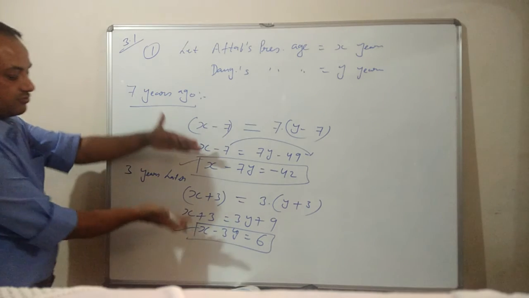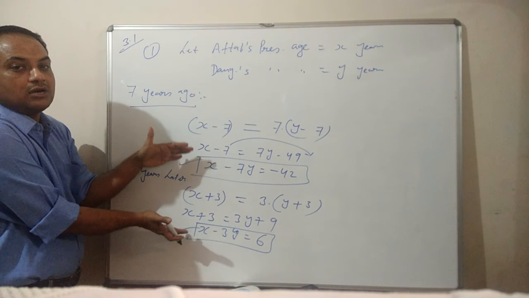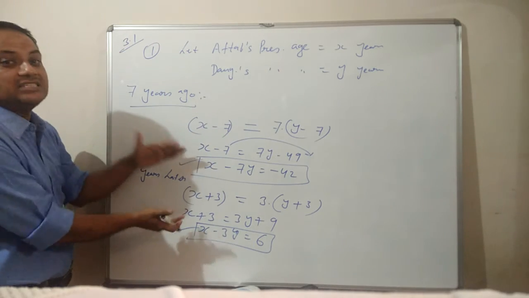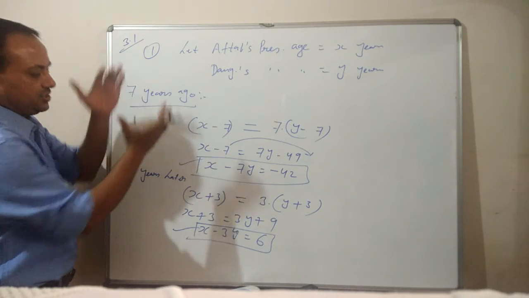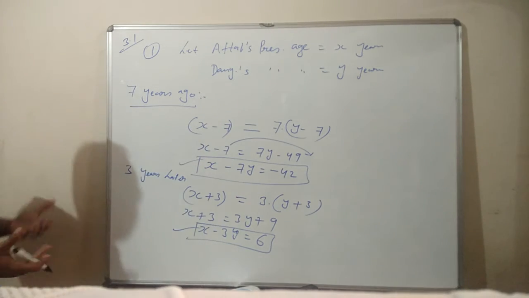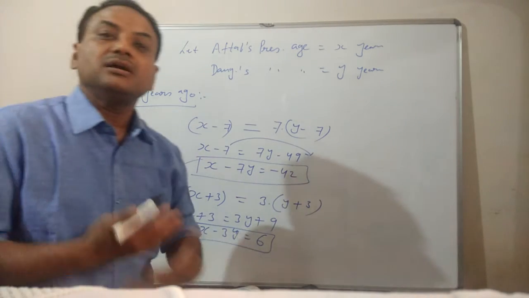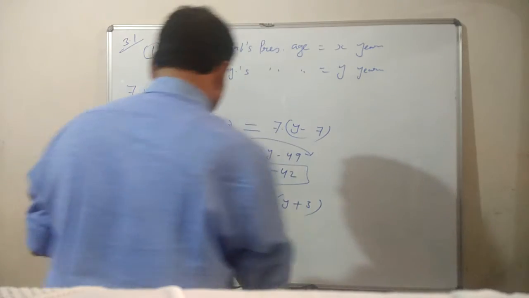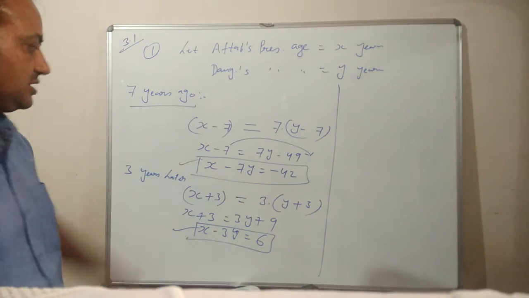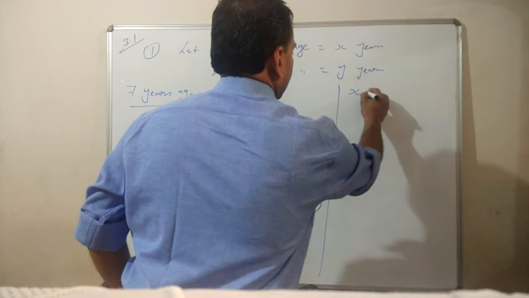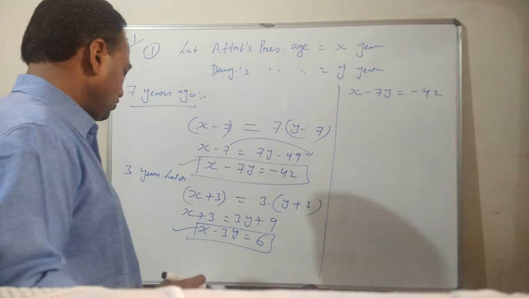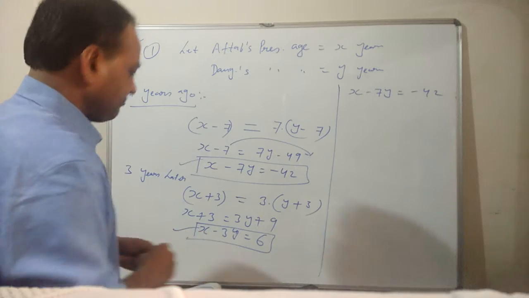Finding these two equations is called what? Now the given condition we have converted algebraically. Fine. Now the same situation we have to represent on the graph, that is, graphically. So for drawing the graph, we will take any equation, like the first equation we are taking, that is x minus 7y equal to minus 42. Now this equation we are drawing on graph paper, right?